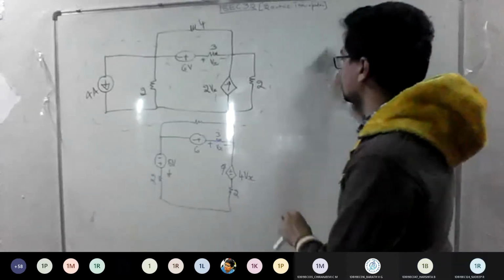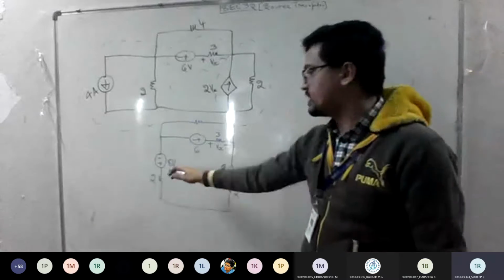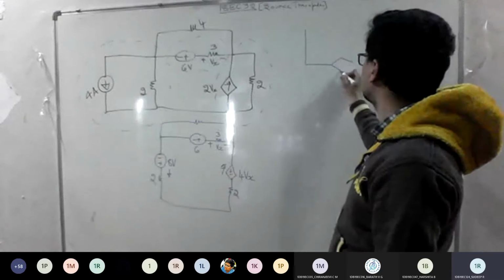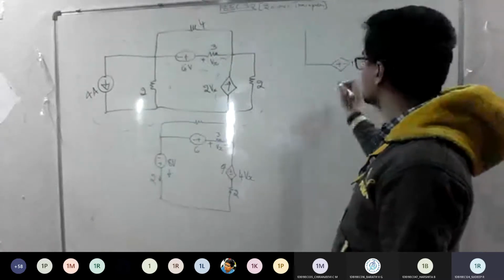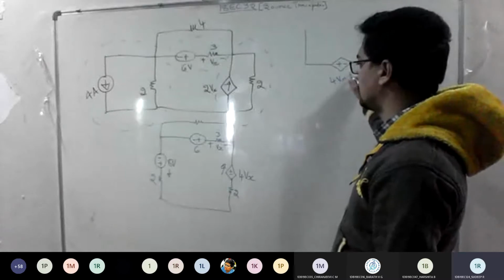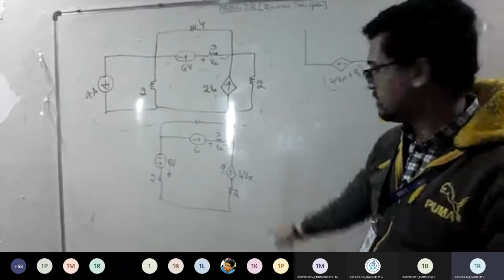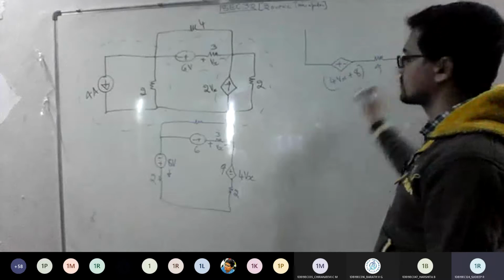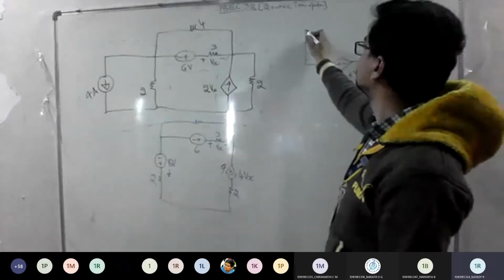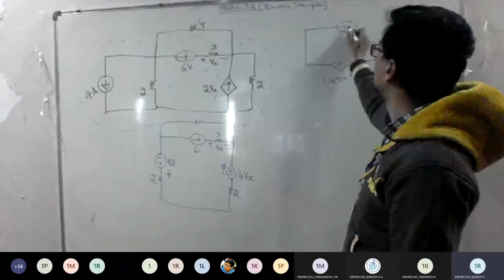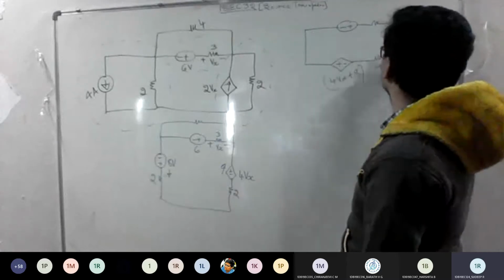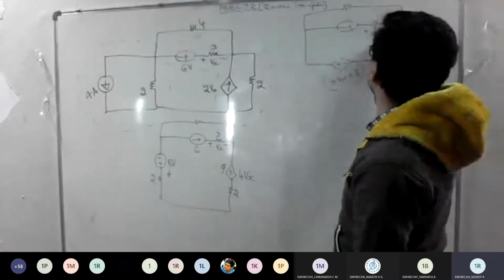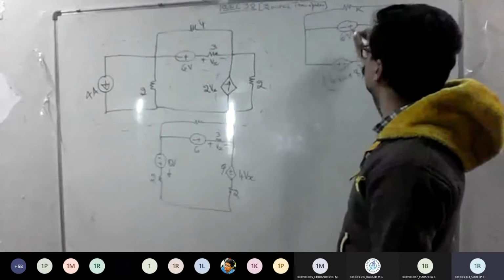I'll rewrite here. So this combination I can add. So that becomes, what is the value? It is 4 plus 8. So this value plus this value. What about the resistor? Does it become 4 ohm now? Right. As it is, plus minus Vx is here. And for this, now tell me, what's the next step after this?